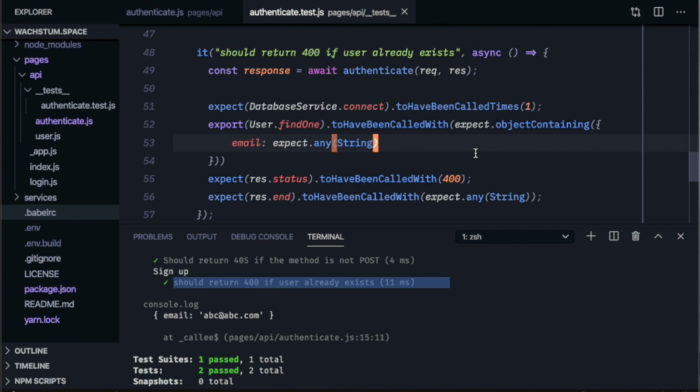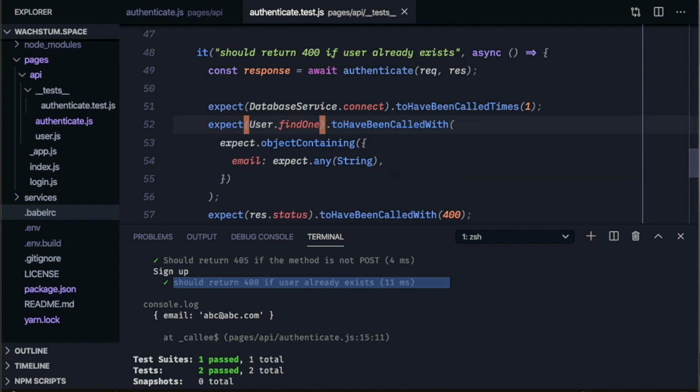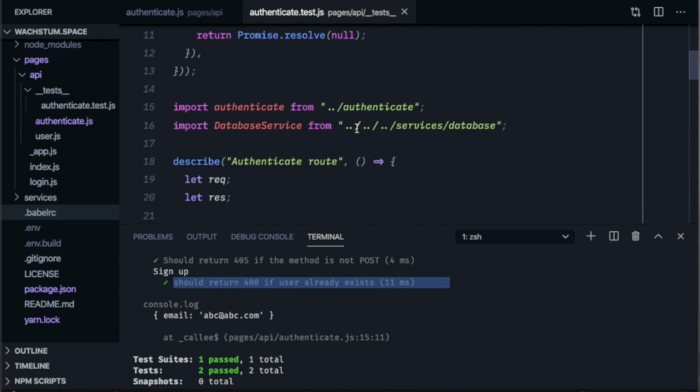There, and you can see that I think I'm missing a, no? Why is it? Oh, it's actually valid prettier. No, it's not. Expect object containing open parentheses email. Where did I go wrong? Oh, export. Expect. Here we go. You can just start to see the power of these expect statements, we expect an object with email when it calls user.findOne. Let's make sure we import user real quick